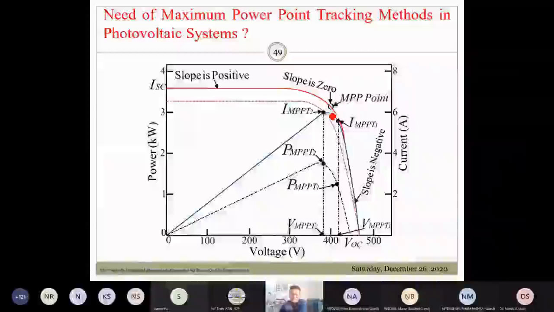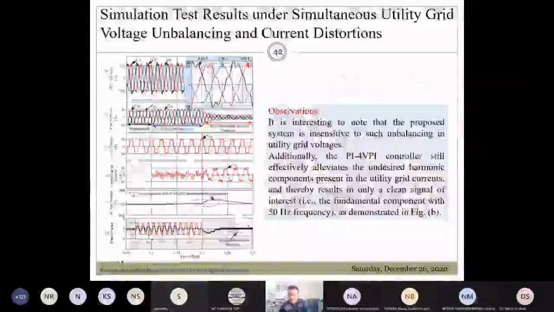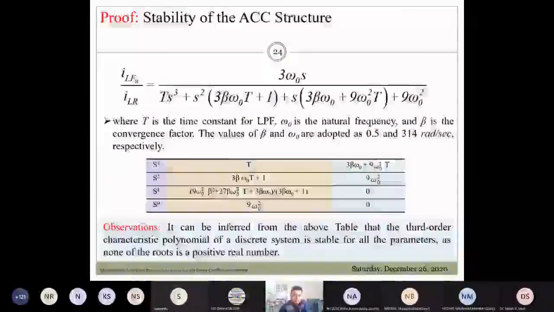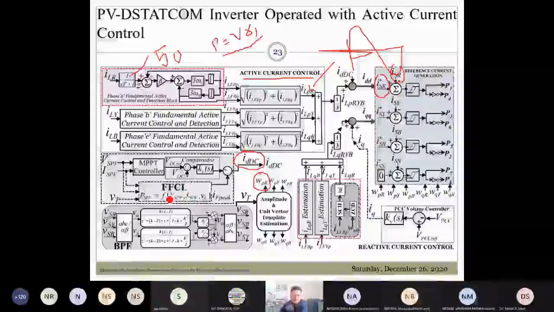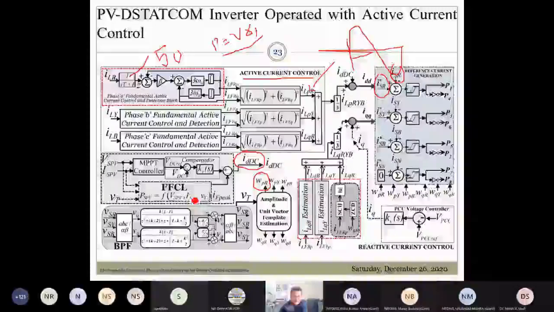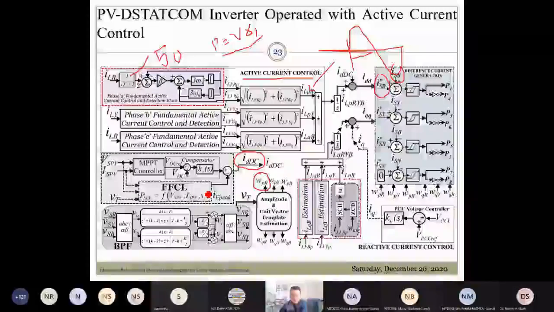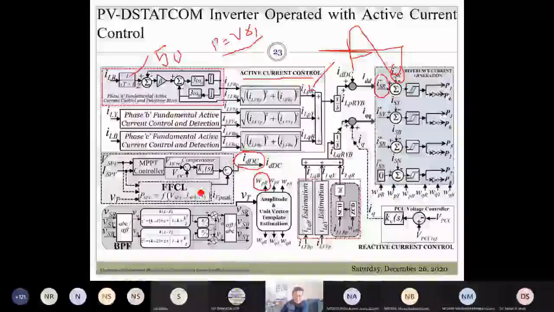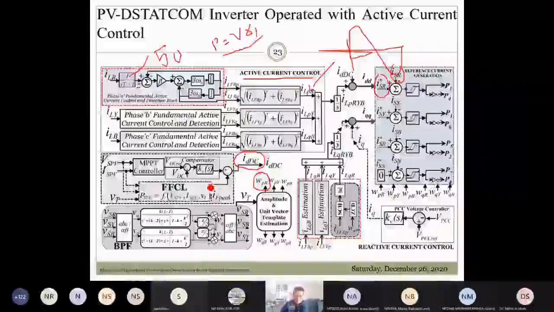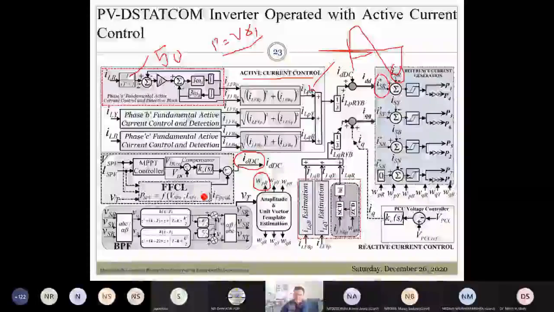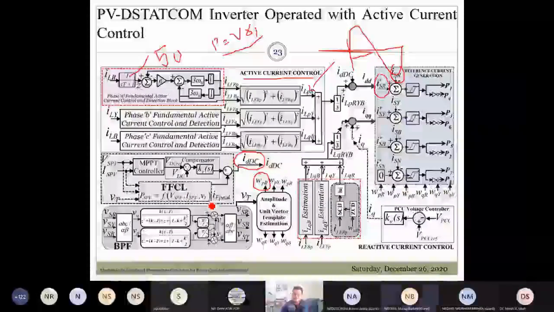So what we do is we have the feed forward compensator term. In that case, you will have this voltage signal, that is 2P by VT, this VT. So this is the equation, and that equation will help you to minimize the adverse impacts caused due to the non-linearity of the PV array. So before it affects the performance of the system, it will be mitigated from the actual response. This is the objective of this feed forward control loop.